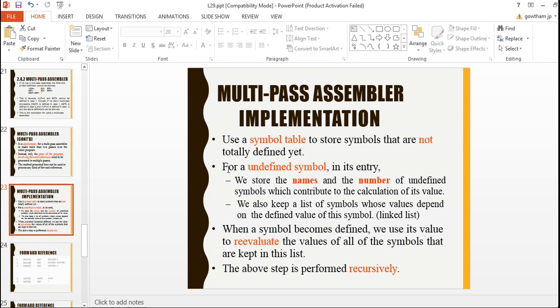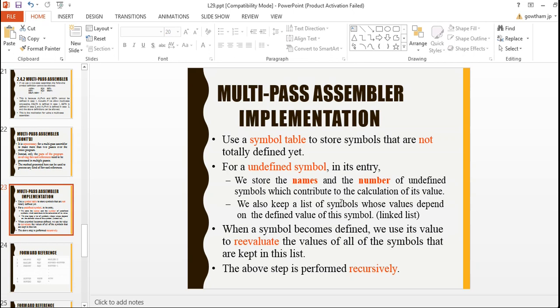Here, for each undefined symbol, the entries are the symbol name and a number that defines the number of undefined symbols which contribute to the calculation of its value. So how many undefined symbols are used, that count will be stored: the name and the counter.